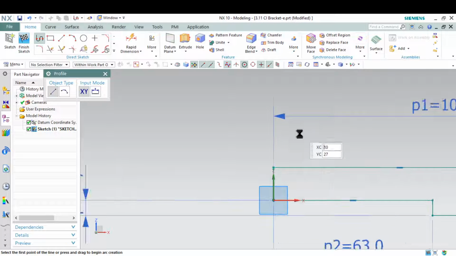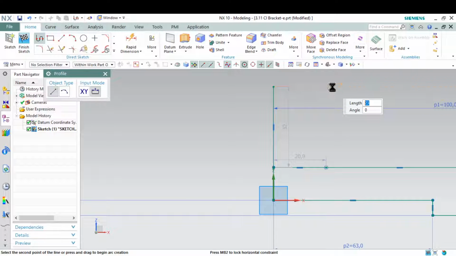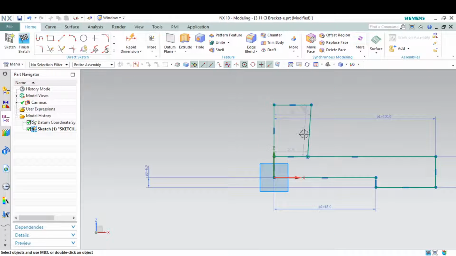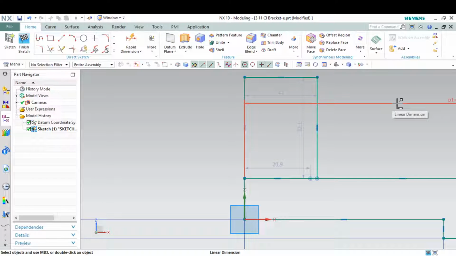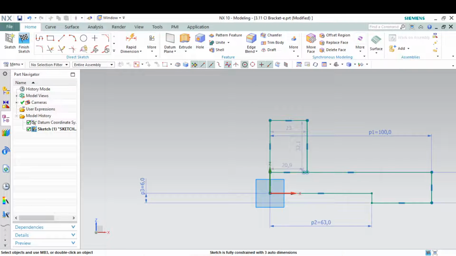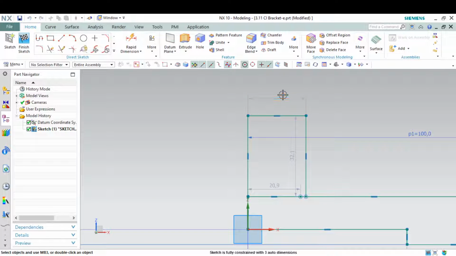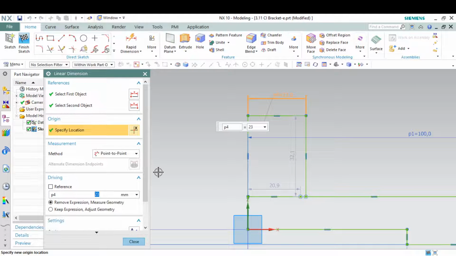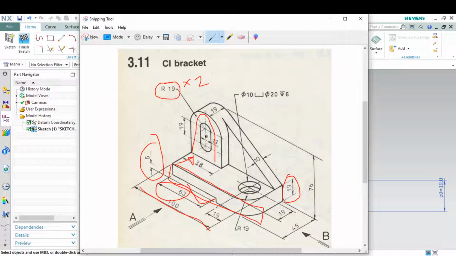Just this profile, this to this and this. Then click this line, just this vertical. After that, the dimension twice. Click on this, double click, and then 19 plus 19, enter. After that you define the height